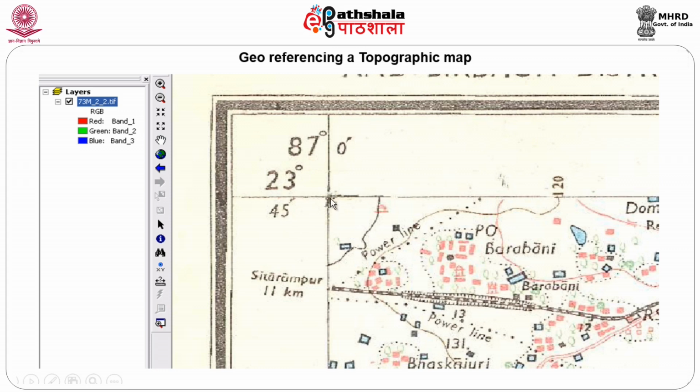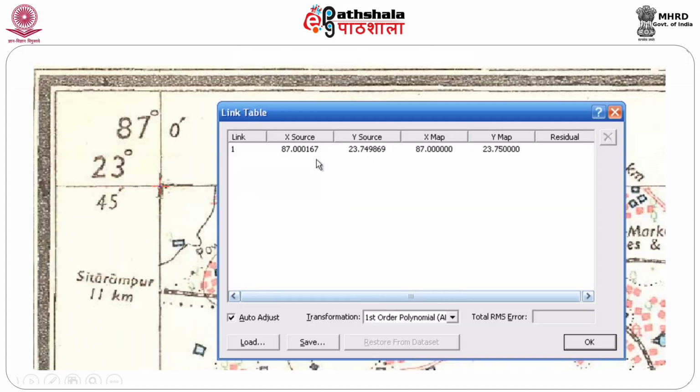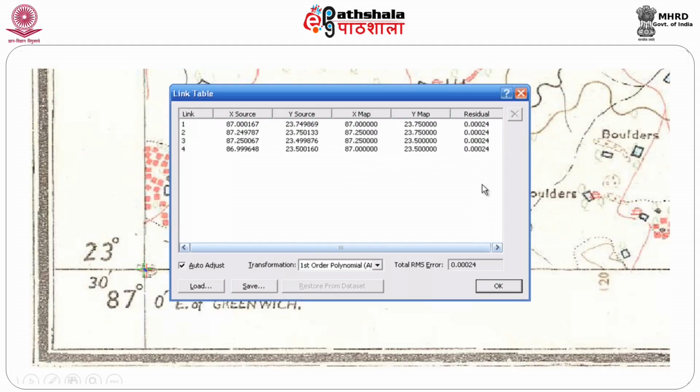So the first point I pick will be 23.75 and 87, or else the x comma y will be 87 and 23.75. So you will get the value here. You can see here 87 and 23 point. Once I get this value, you can again find that one is the value in the system and one is the value on the map part of it. So whatever is there in the original value and the map part of it, you say 87 and 23.75. Just okay, and then select 4 points. Of course, let us not repeat the same thing here. I am just telling you at the bottom left, and we just normally travel like this and then come back to the point.